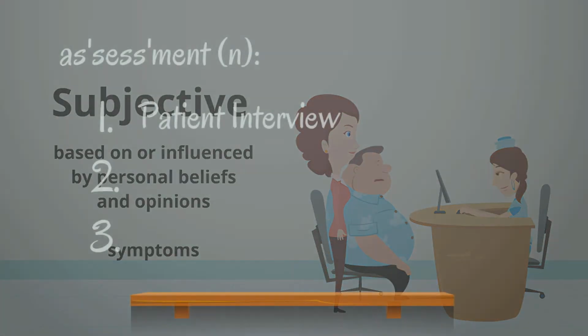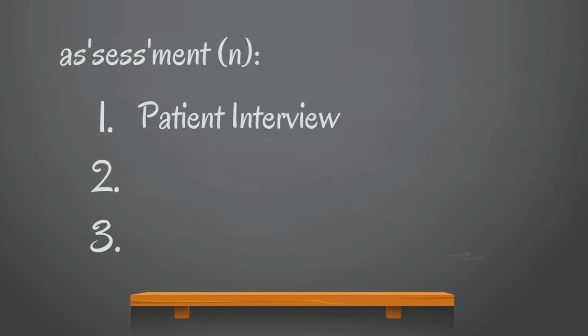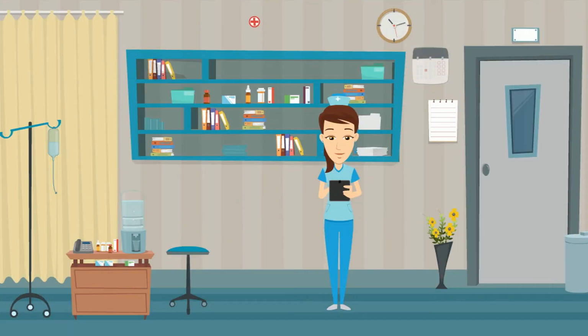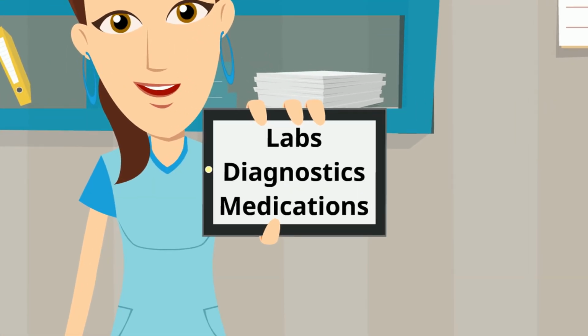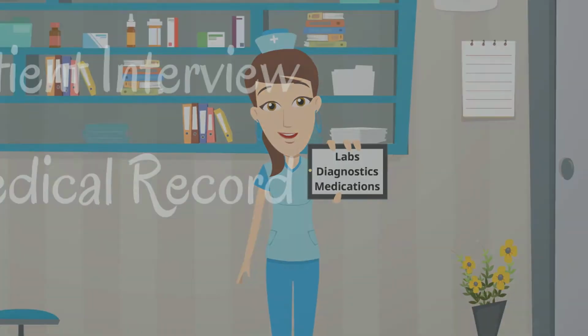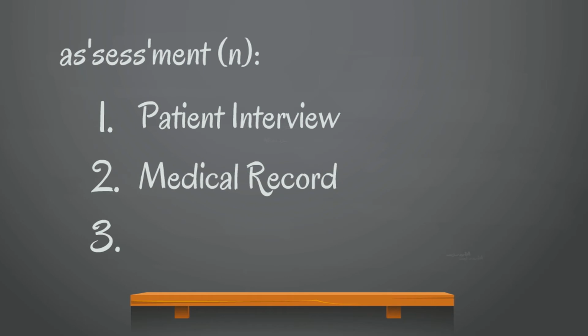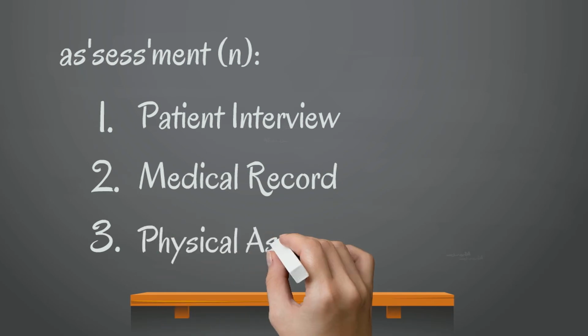The second way to gather information or data about your patient is to really dive into their chart or medical record. In that, you can find a lot of information, including maybe what labs they've had drawn, whether those were high or low, what diagnostic procedures they've had and the results of those, and maybe some medicine. The data that you gather from diving into their chart or their medical record and from the physical assessment is